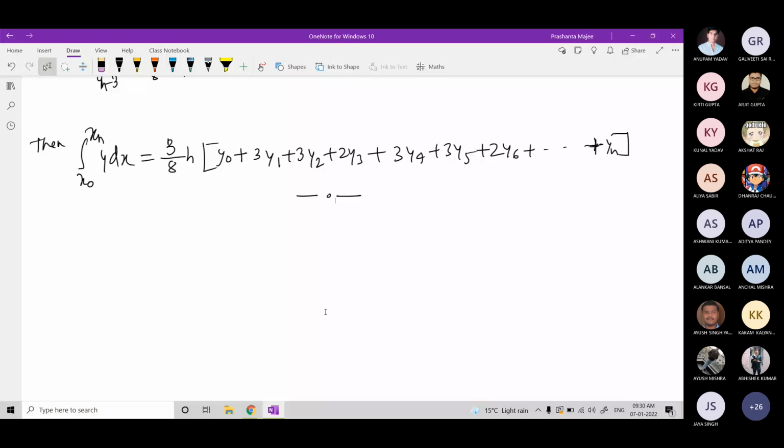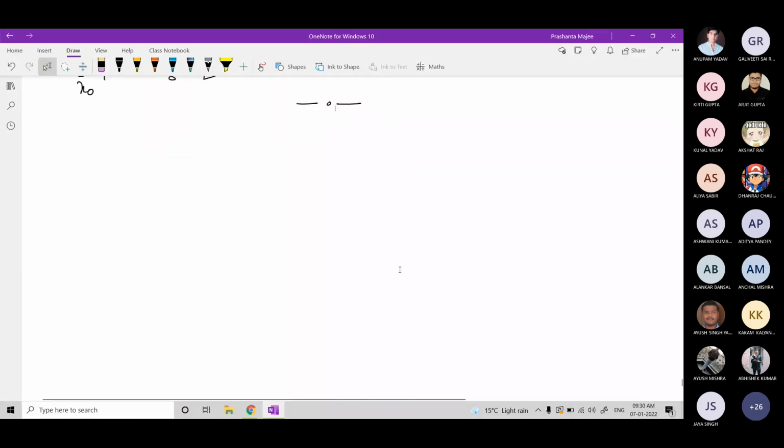Why don't we solve some integration and get a feel for how accurate an answer we are getting. Okay. So suppose we want to evaluate examples, X and y. Suppose the curve you want to evaluate this integration, let's say 1 to